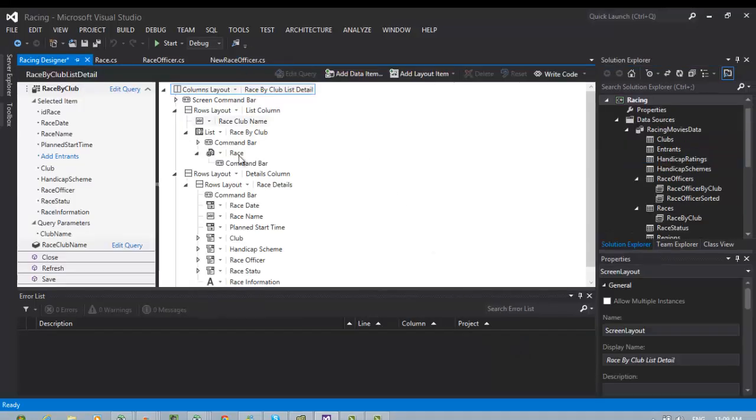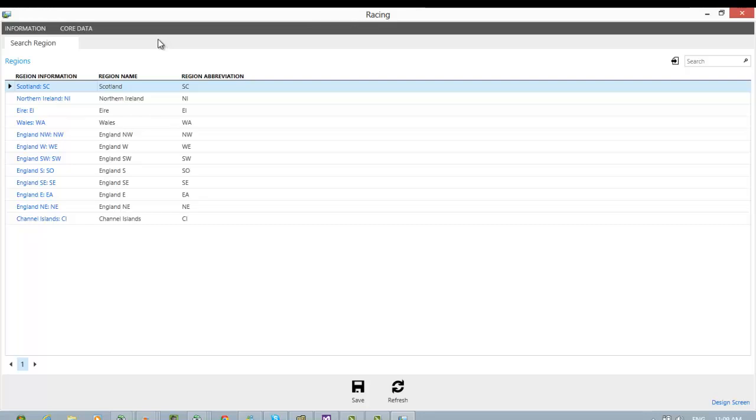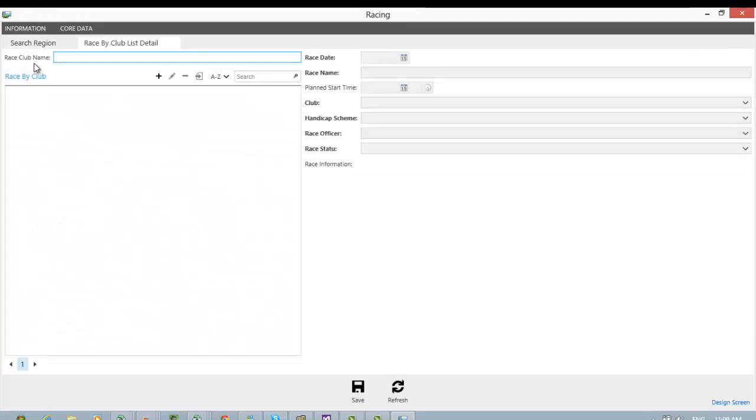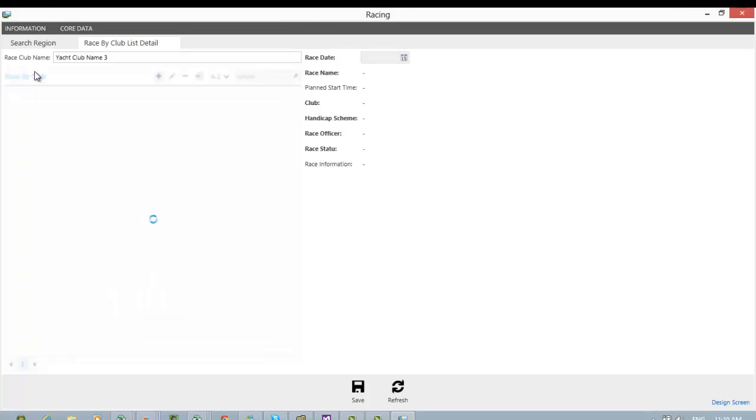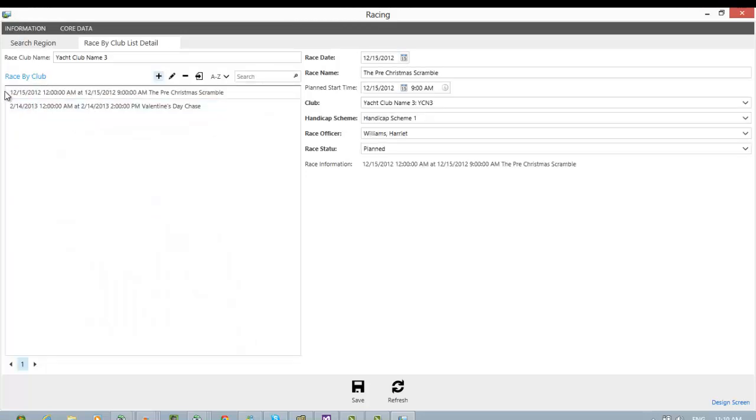Here's our screen definition. Run our project. There's our screen. If I type in a yacht club name, which I know has some races, and just tab, it immediately populates the list of races here on the right with all of the details for each of the races, easy to edit and